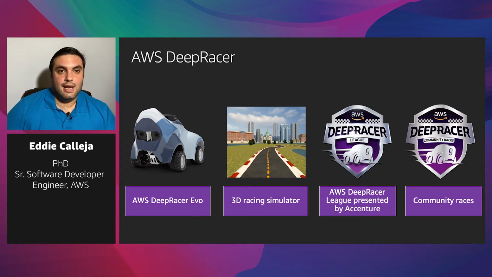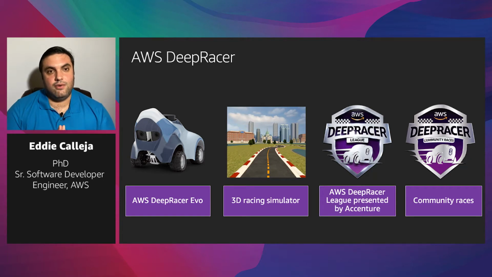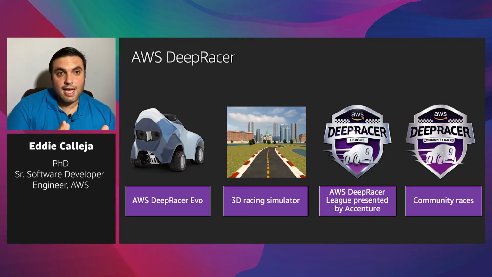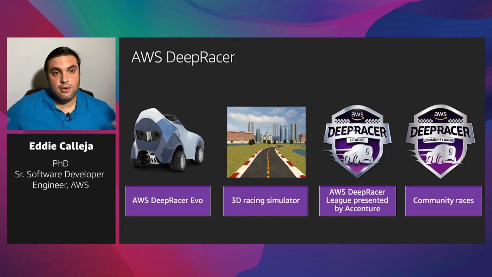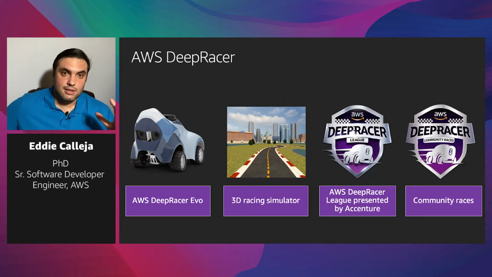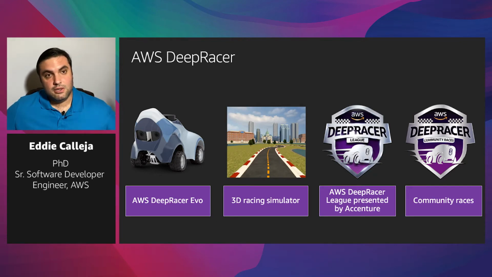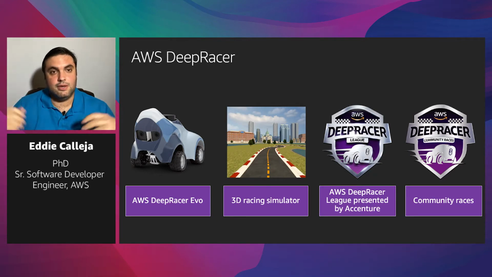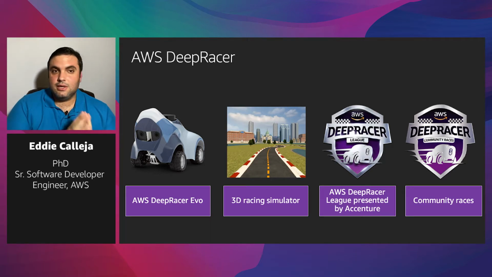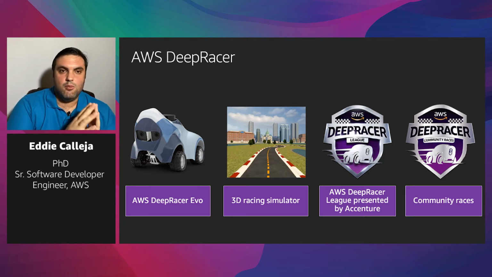And then we also added a LiDAR. This is so that the DeepRacer device no longer has to have horse blinders on. If you only have a camera and you can only see in front of you, you have no idea what's behind you or to your side. With a LiDAR, we can detect objects to the left of our field of view, to the right of our field of view, and behind our field of view. And this, as you're going to see in a second, allows us to take on more challenging and complex problems.